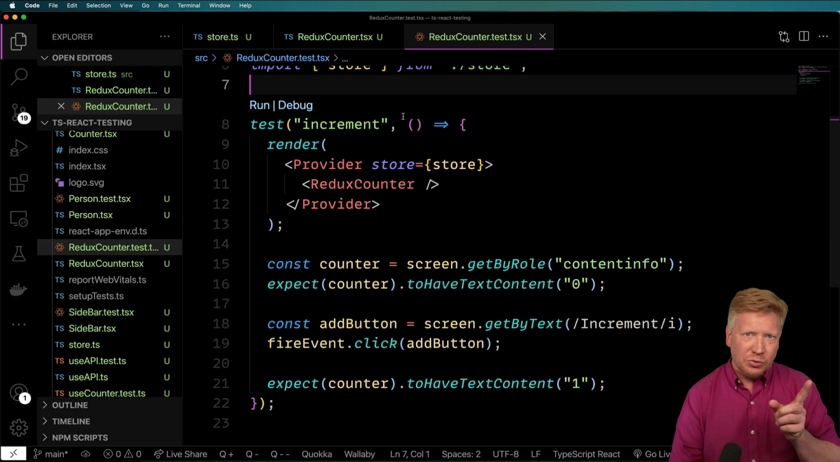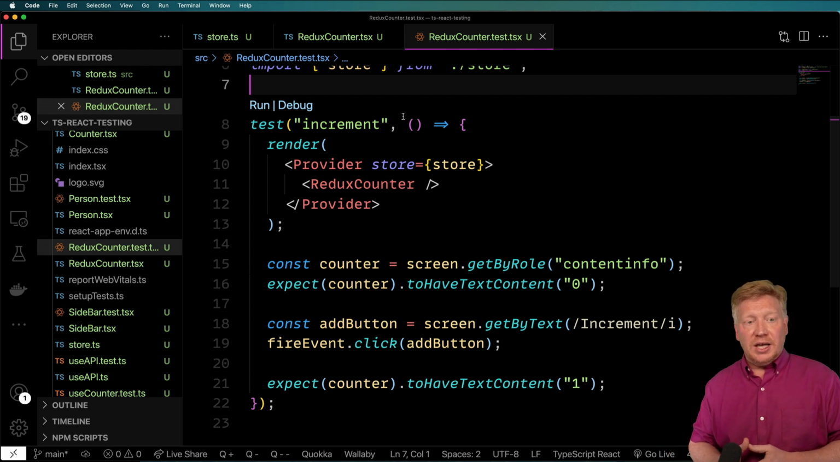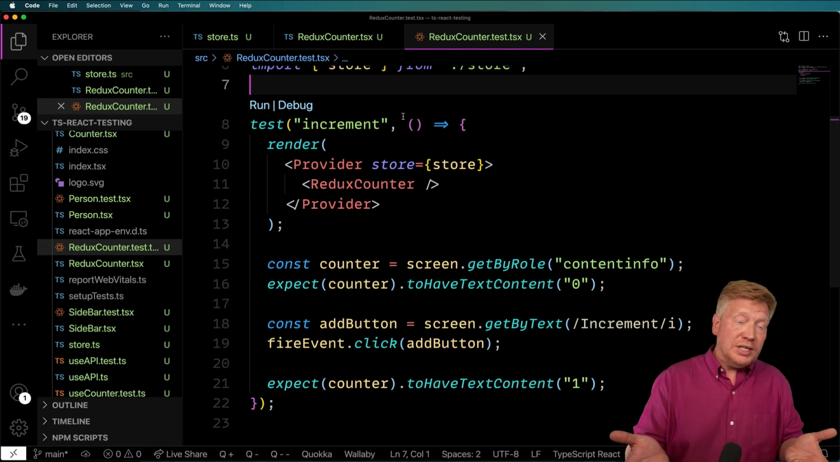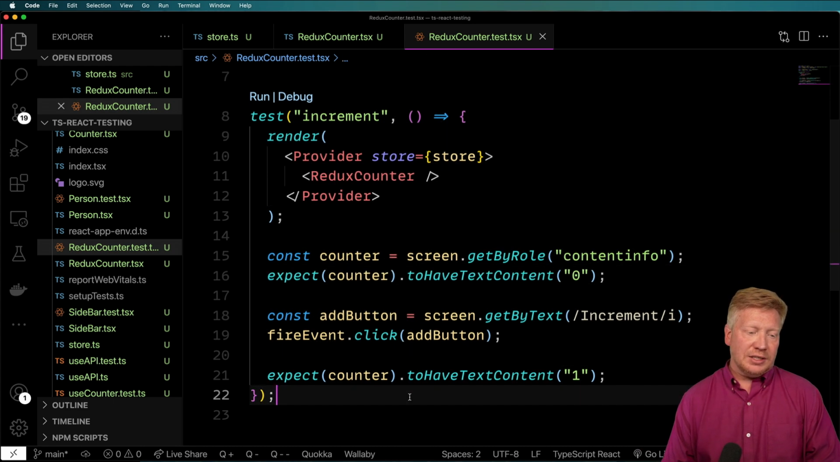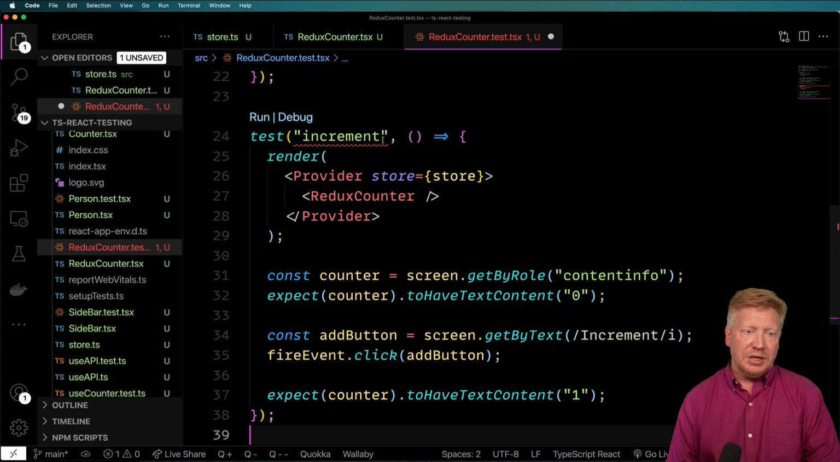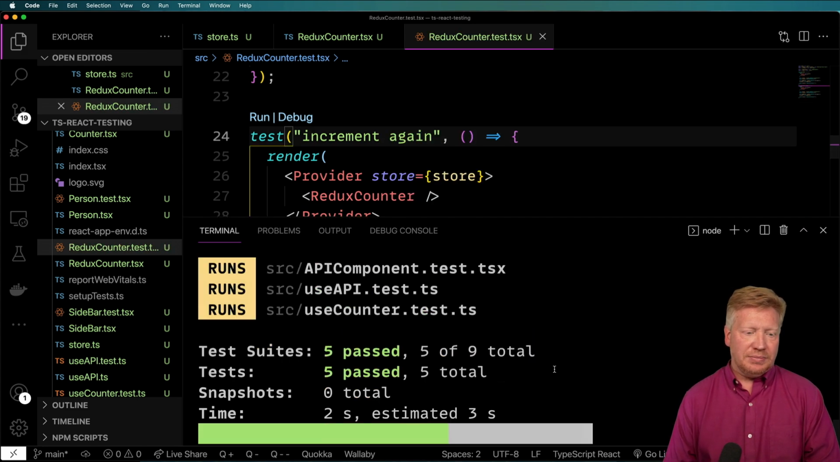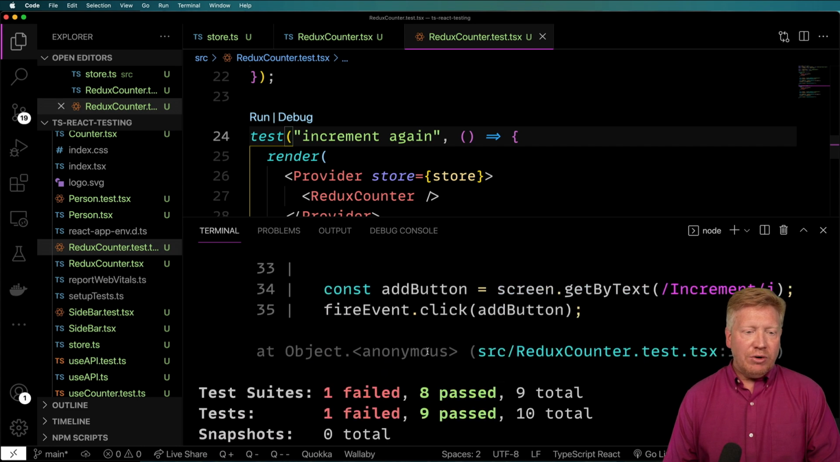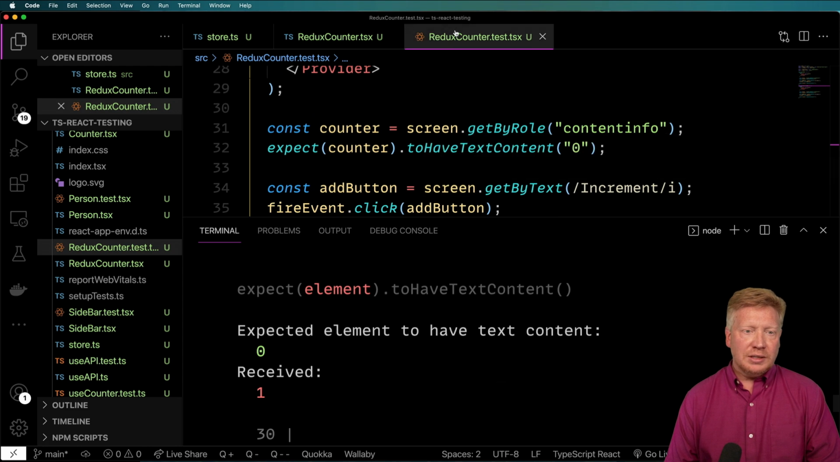But it's a little more twisty, right? Because Redux is global, which means that now the store is actually globally set to 1. So what are we going to do if we want to try this again? Essentially, we'll copy and paste the exact same test, and say increment again. Let's see what happens. Well, now we blow up because we expected